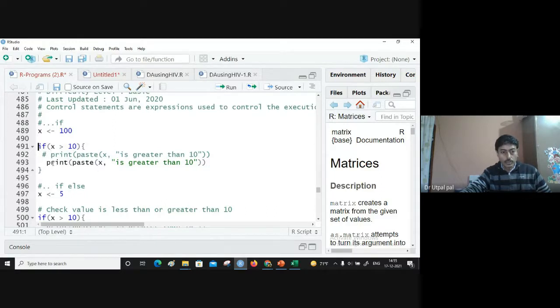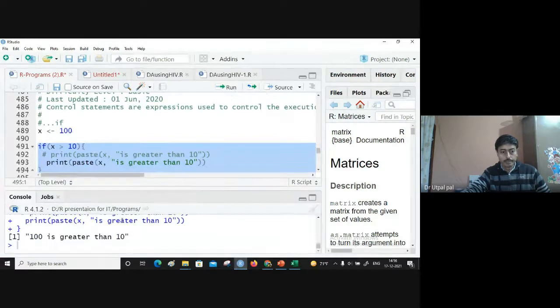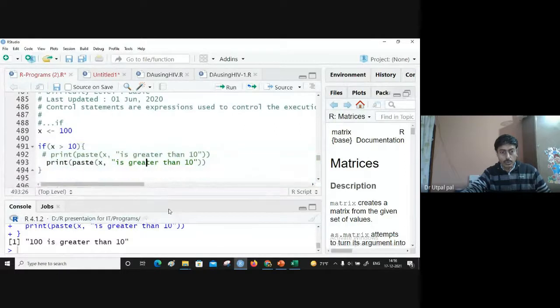Now to print, we have this function print and another function paste. So if I execute it, now we know that x is 100, and this if condition is checking if x is greater than 10, then we will get this print message. See here x is greater than 10. That means this code is executed.